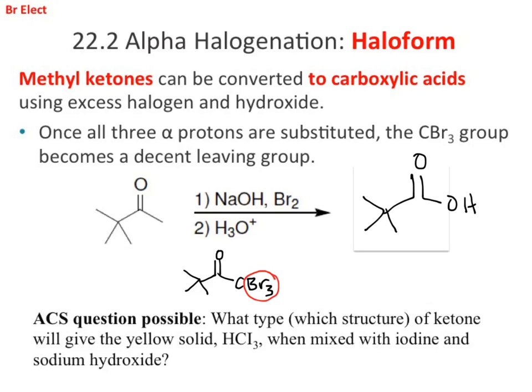What does the carbon decide to do? Steal electrons. It will steal electrons from the other carbon. We've generated a pretty good leaving group. We still have hydroxide floating around in the solution. The hydroxide can come in, do our substitution, and what we end up generating, very fleetingly at this point,